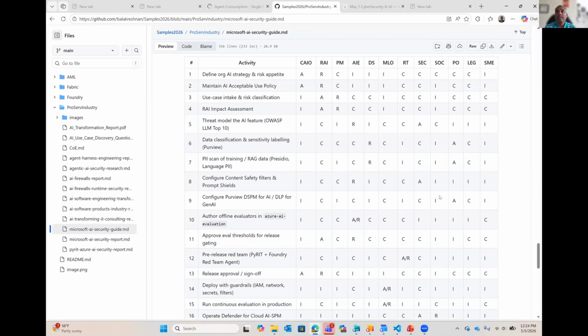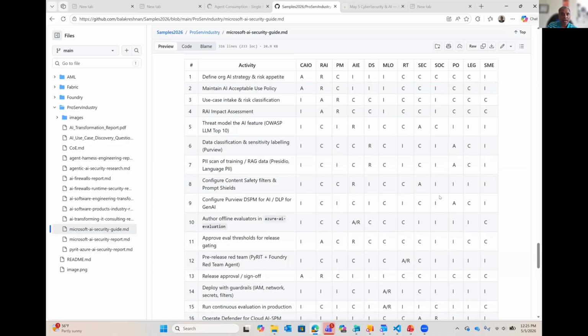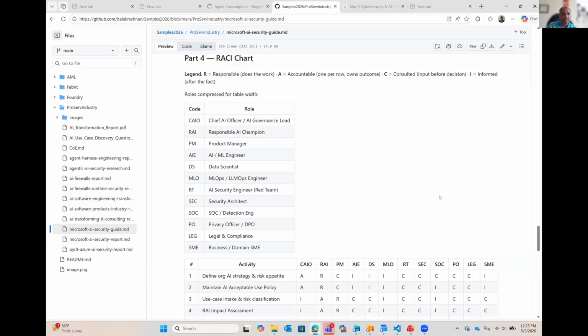Now, I'm not saying by any means that a single tool will solve your problem. Not necessarily, maybe, I don't know. But there is a lot more involved in it, and there are a lot more people you have to involve early in the game. Legal compliance should be in place in advance, up front, like the privacy officer, legal and compliance, and then you need the security architects. Usually the security architects for the Gen AI space are different from those for traditional cybersecurity.